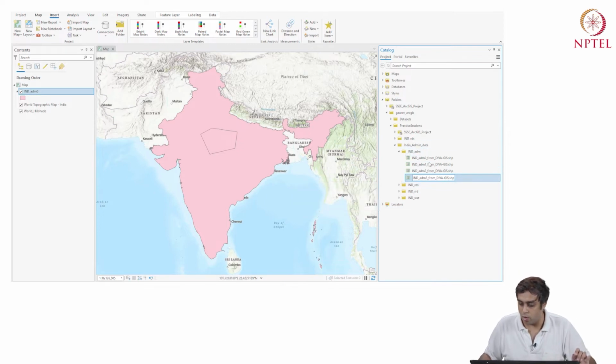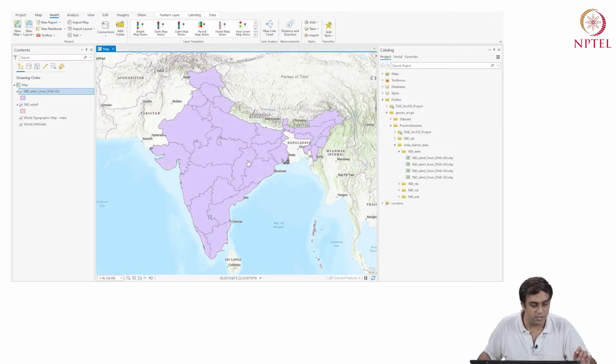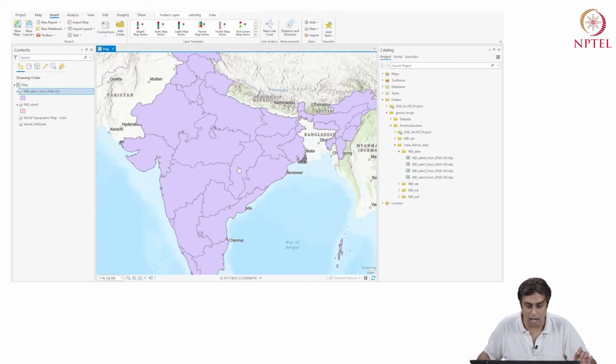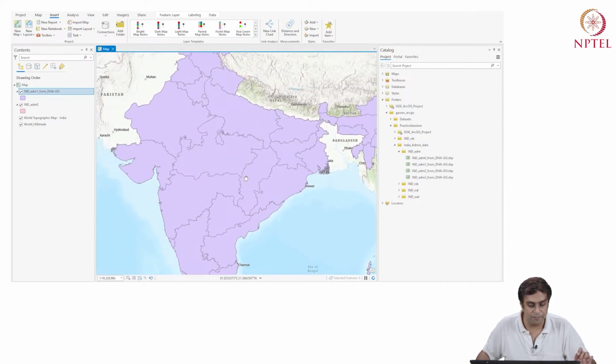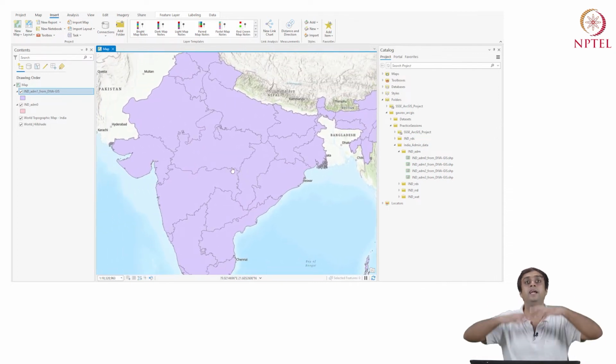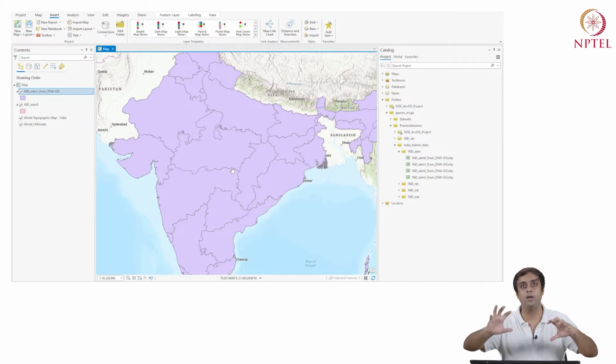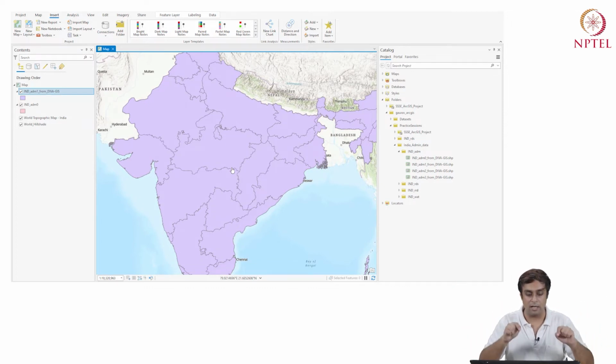Okay, we can move from 0 to 1. What is the difference between 0 and 1? Oh, okay, so now it seems that the 1 is also providing me states. So the first polygon was an India level polygon. The second polygon is the state level polygon.